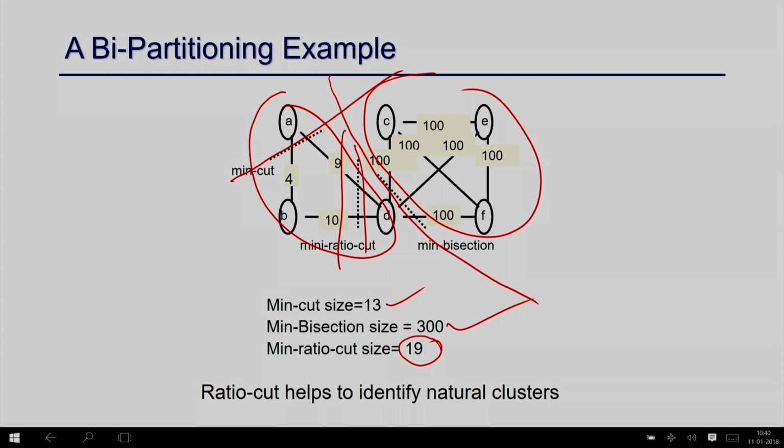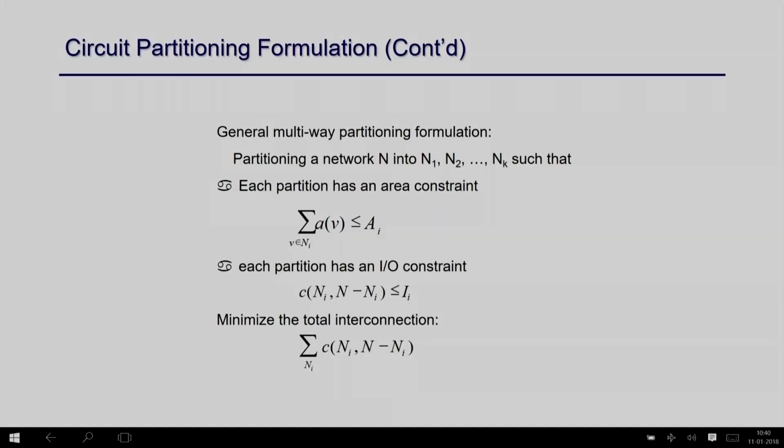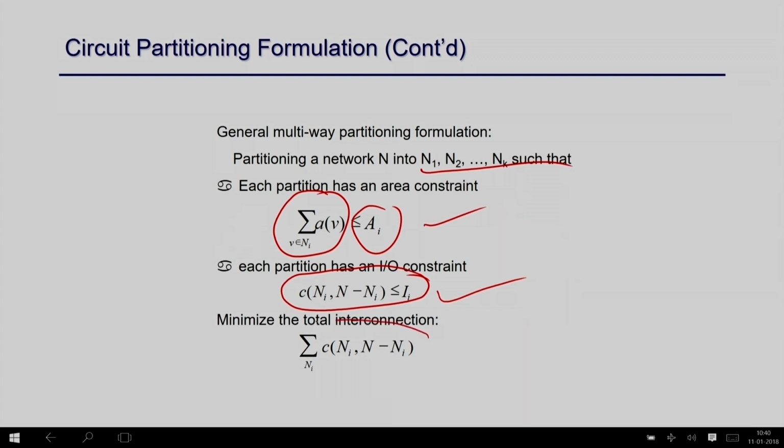You always try to partition it. It may be repetitive, or in general you may partition into K partitions, as in the example given in the formulation here. You may try to partition into exactly K partitions at the same time, such that each component's area is within the permissible size, because there might be some area requirement. Also the cut size should not go beyond some bound. So, that constraint has to be met, and you also try to minimize the total cut size.